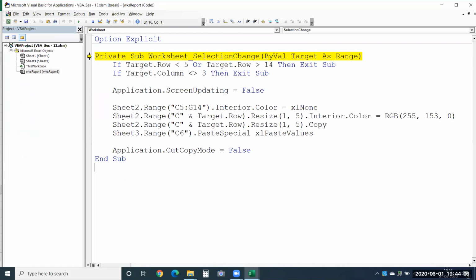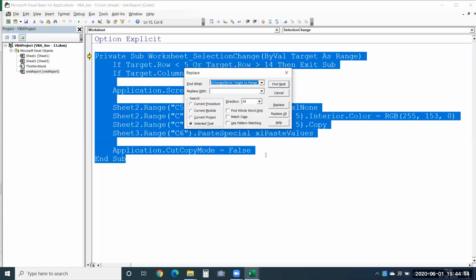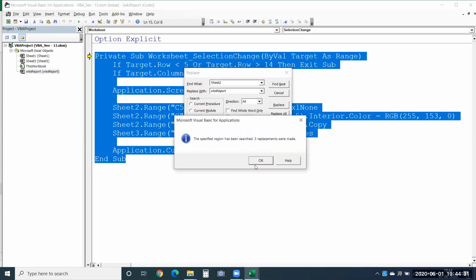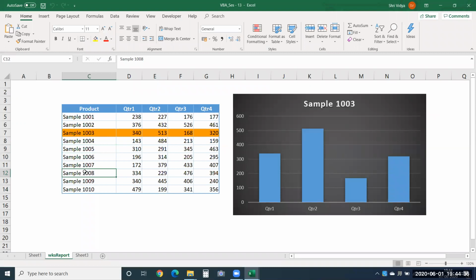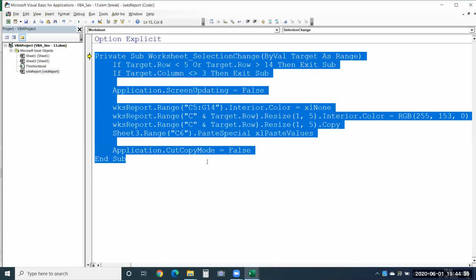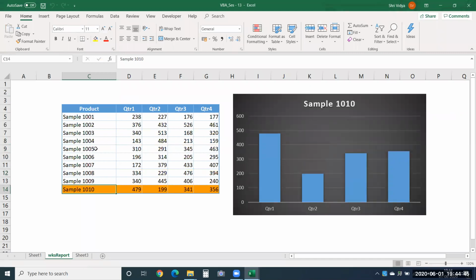See, now that we have changed the sheet name, this is what is appearing. So don't worry, you can go here, just replace it. Since we changed the name of sheet 2, it's providing this error. And just say sheet 2 has to be found and replace it with WKS report, whatever we provided there. Let's say replace all. So now your macro on this sheet will work. See, this will work fine.